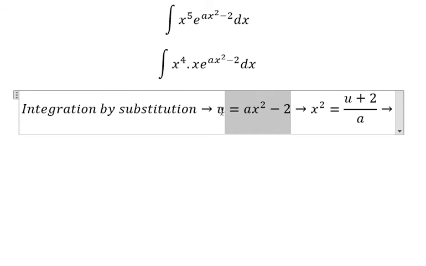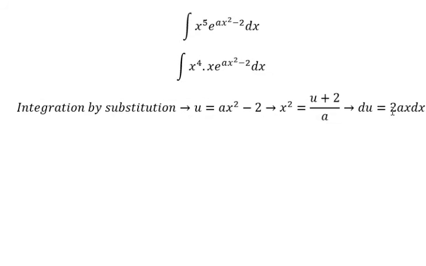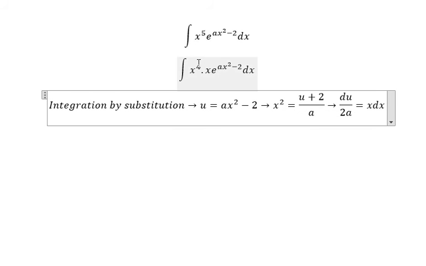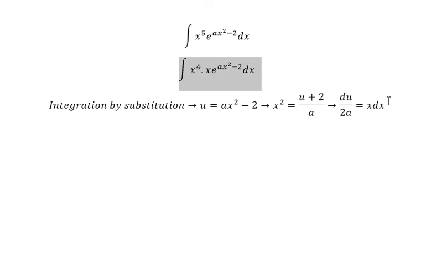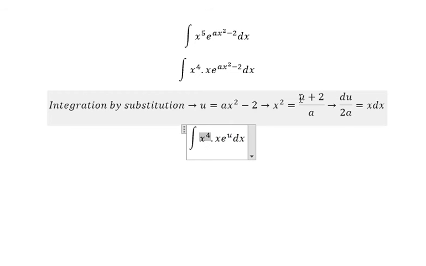Next, we do first the derivative of this one. Next, we divide both sides with 2a, because we don't have number 2a in here. So this one, we change for u. x to the power of 4, we change for this one. And you got about